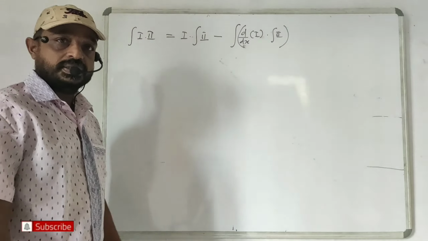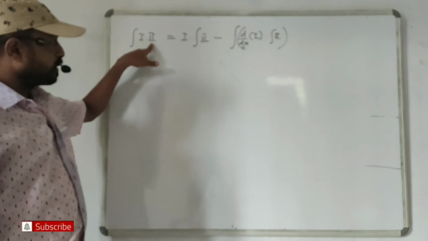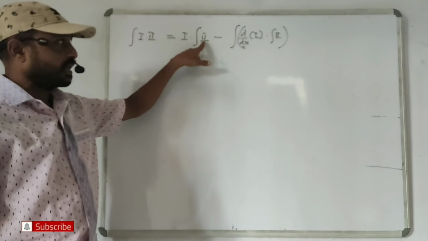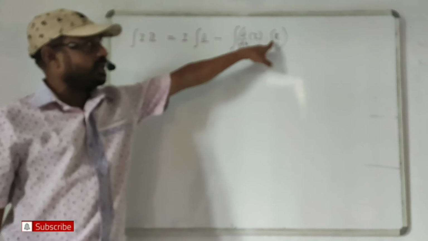This formula is quite known to you. So what is the formula for integrating by parts? So the integral of the product of two functions, first and second, is the first function into the integral of the second, minus the integral of the derivative of the first into the integral of